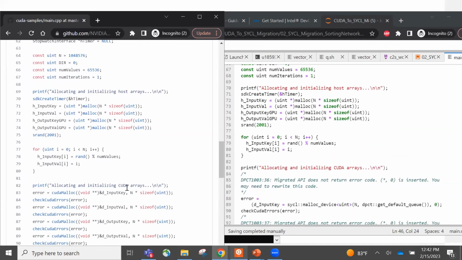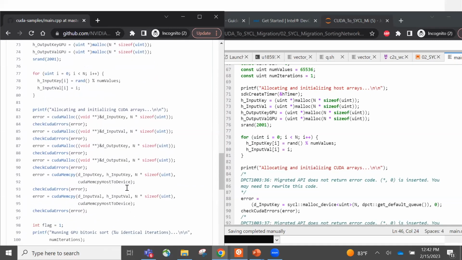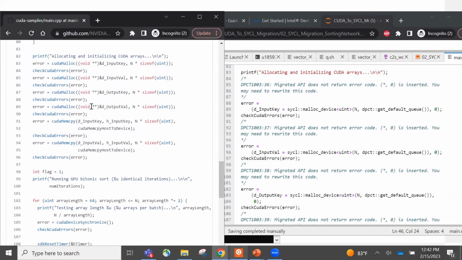Where you'll start seeing the difference is mainly when we start doing some actual CUDA APIs, right? So here you can see that on line 82, we start by allocating memory on the device using CUDA malloc. And here you can see that that CUDA malloc is now being replaced with